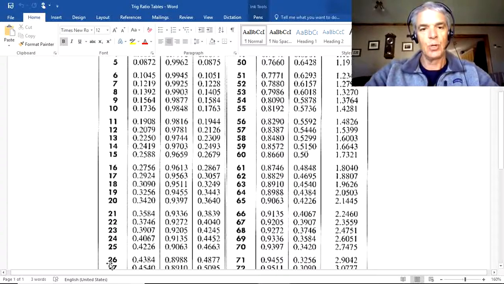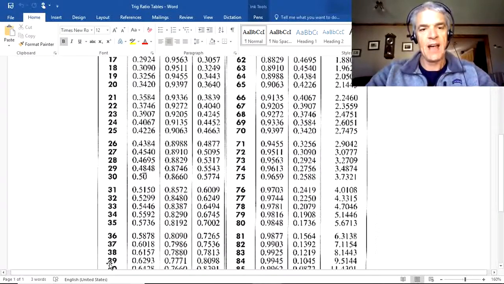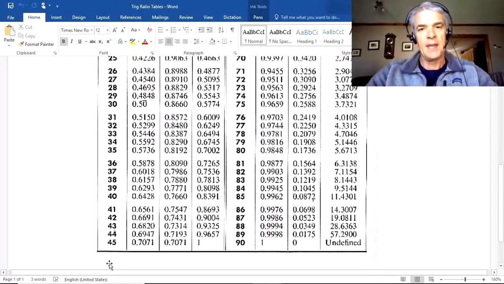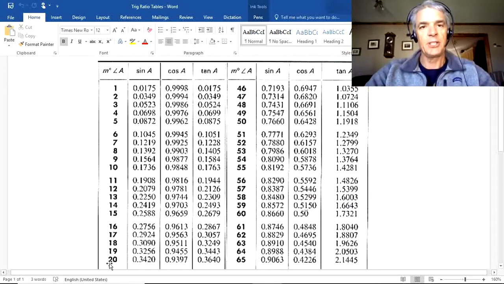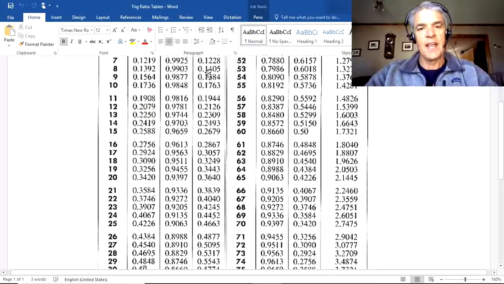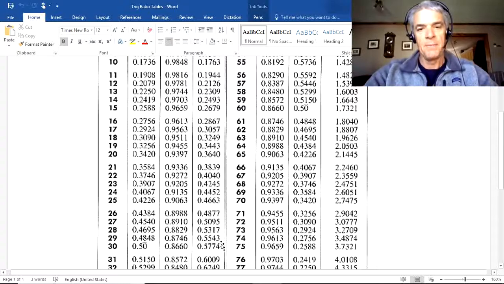I can scroll down, it goes all the way to 45 degrees. And we show all three ratios here: sine, cos, and tan. You don't know what sine and cos are yet, but let's just say it's tan that we're looking for. Tan is the third column at 30, and the answer is